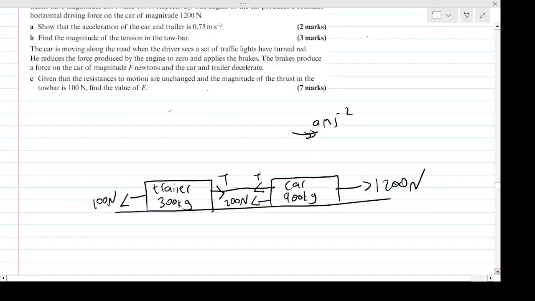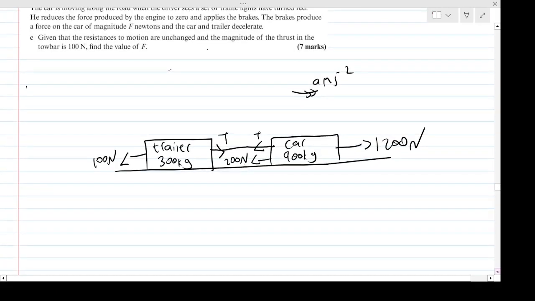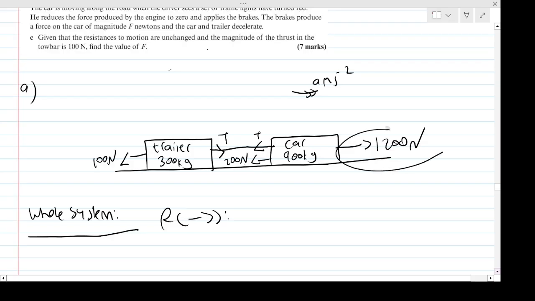So again, if I just consider the whole system then firstly, or alternatively, you could consider separately the car and the trailer, then you'd end up with simultaneous equations. You could pick however you want, but if we do the whole system, then if we use F equals ma, if we resolve forwards, because that's where the motion is, going forwards, the forwards forces are 1200 here,